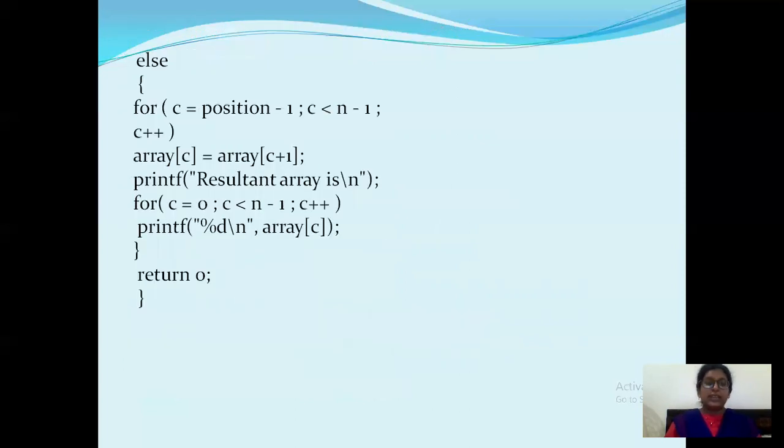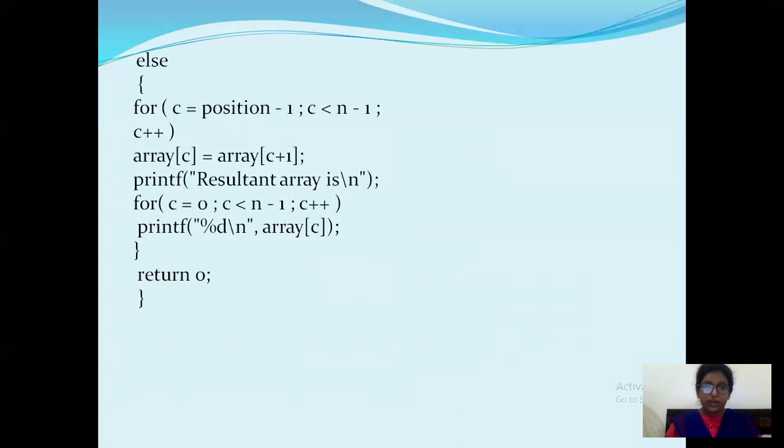then you need to print: Deletion not possible. Then see, suppose you want to delete the middle element, that is nothing but the value which is there at position 3. Position 3 is nothing but your element 4. Okay, but the position is 3. If you want to delete the position 3 element, then how to write a program? So C should be what? Position minus 1. So if your position is 3, you need to delete the third element. Because your index position is 3, but you are going to delete the third element in an array.